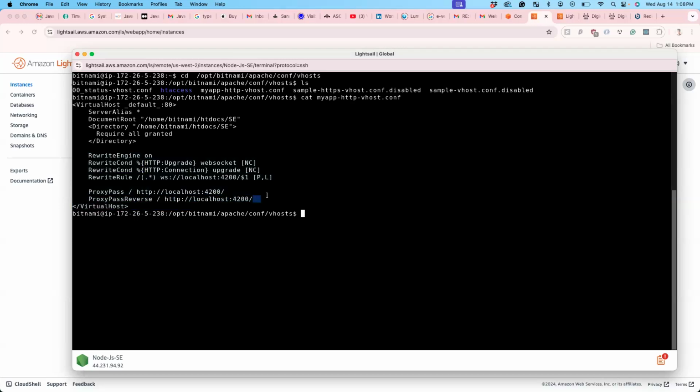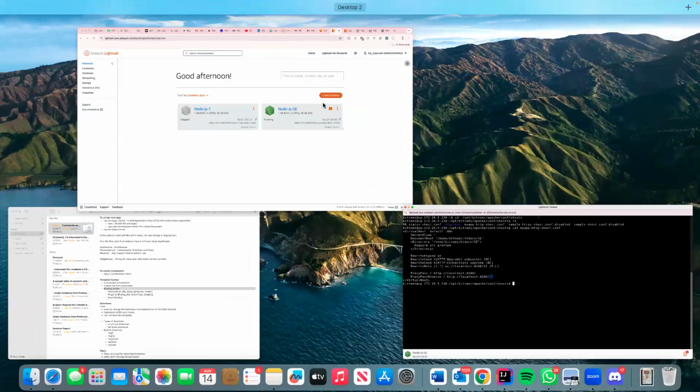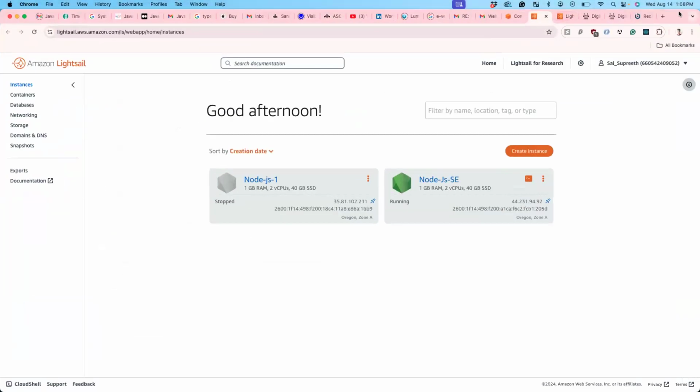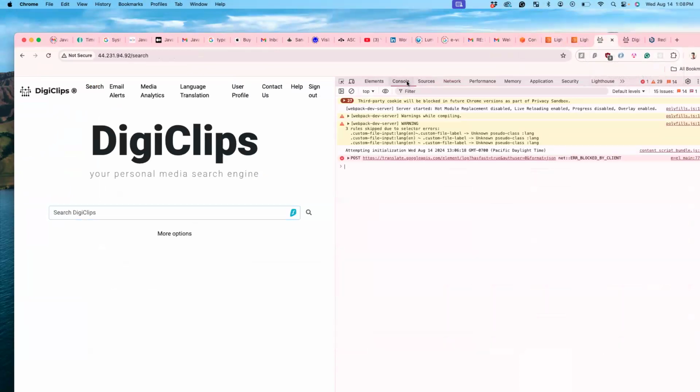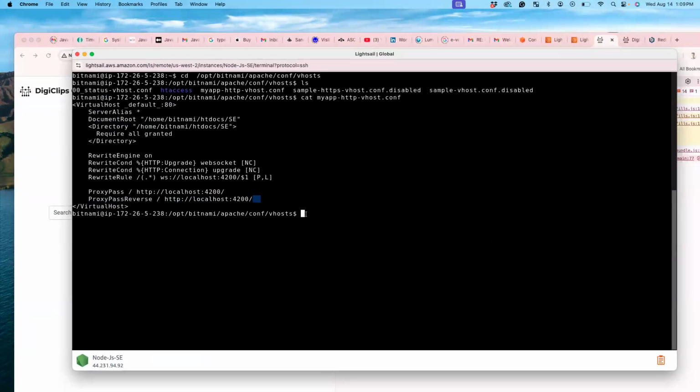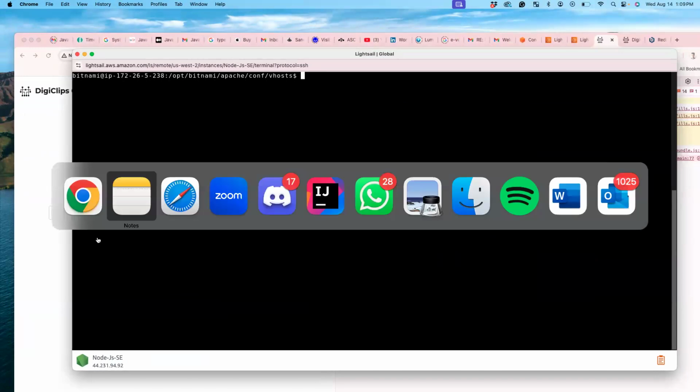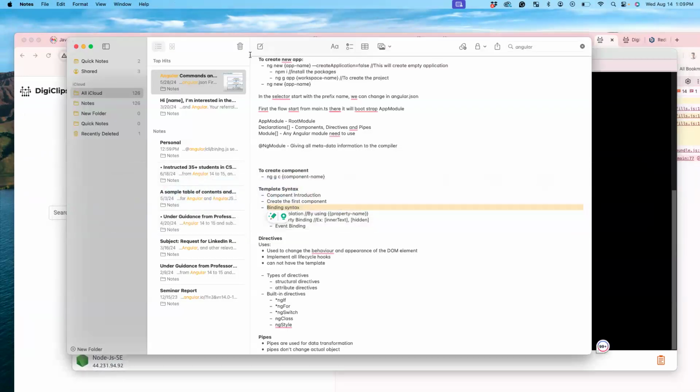Otherwise, as soon as you open the application here in Lightsail, on the console you will be seeing multiple errors. There is some error here, and similarly you will see errors keep on coming, telling that the WebSocket is not working if you don't do that. That is the one change you need to make. And once you do this, again, this forever command,